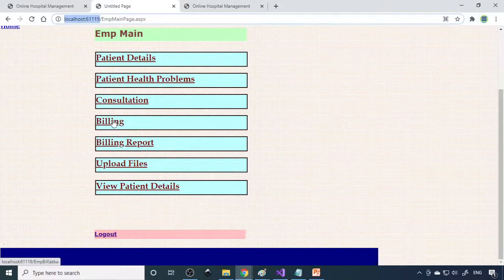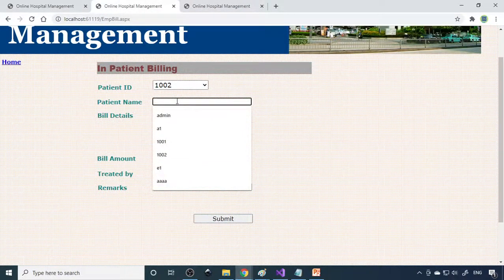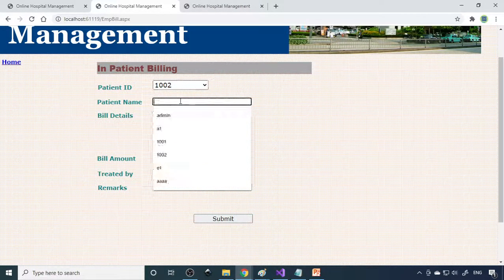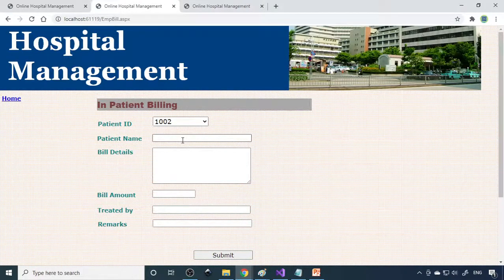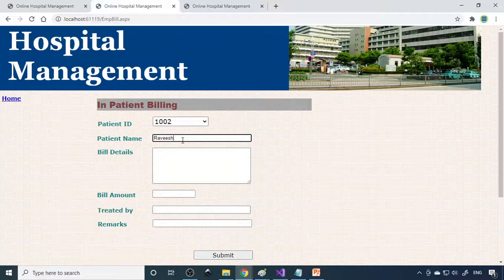Now again, the employee has to do the billing. So if there are some procedures and if they're hospitalized, we can do the billing here. So patient name. We can call that, but presently it is not calling because we are selecting the ID. So immediately the name has to come.